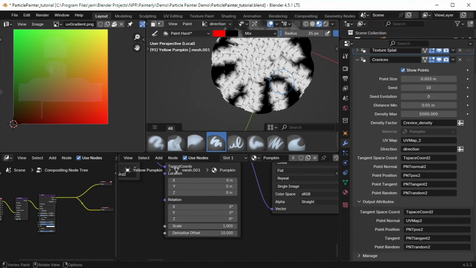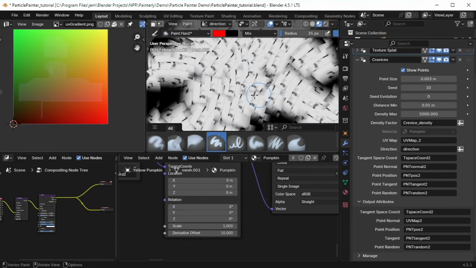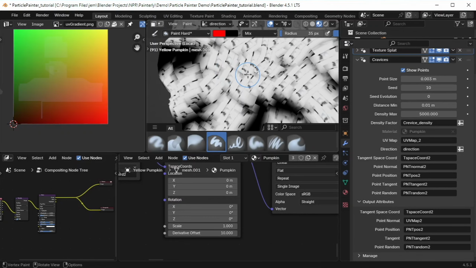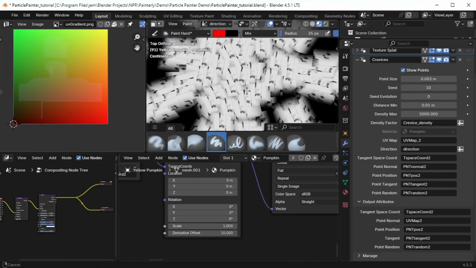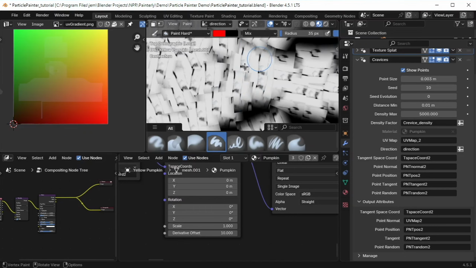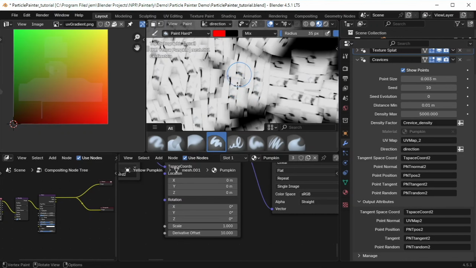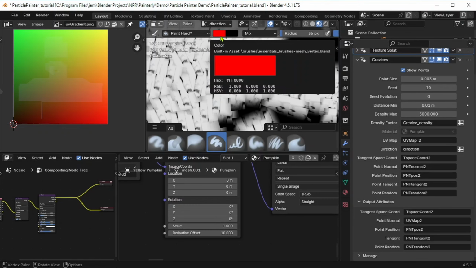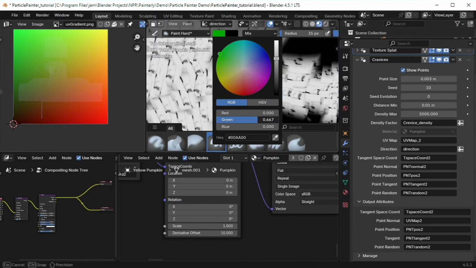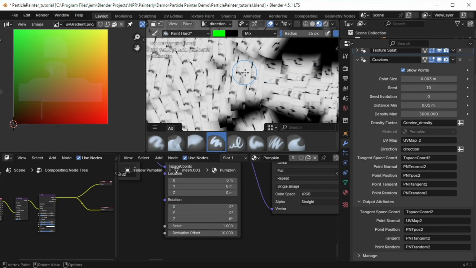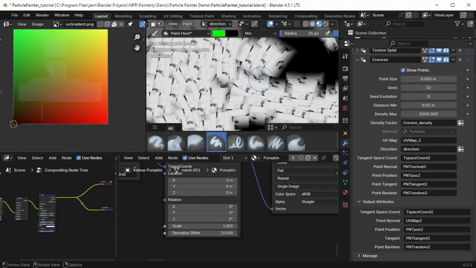But I'm going to go back to the direction attribute. And now all we need to know is what parts are we going to paint green to get our directions flowing. The brush strokes over on this region are oriented in the wrong direction. So all we need to do is to change this to a pure green. And then if we were to paint this, now you see our brush strokes are rotating to face the direction